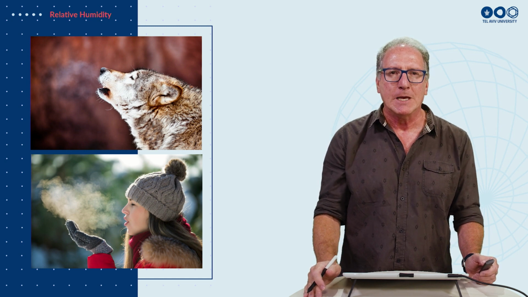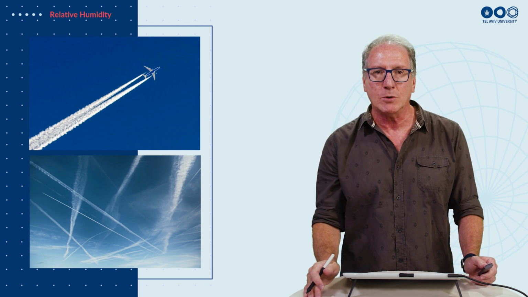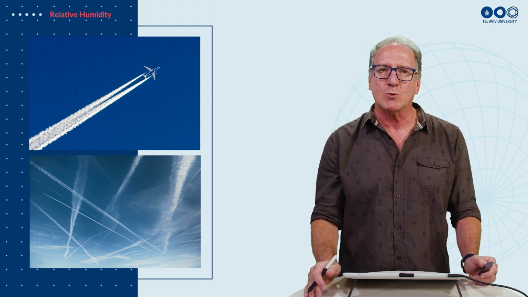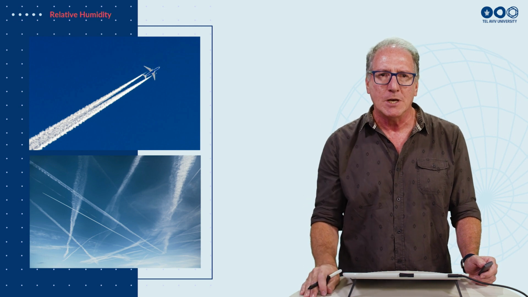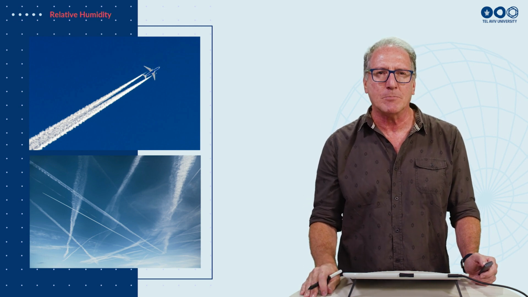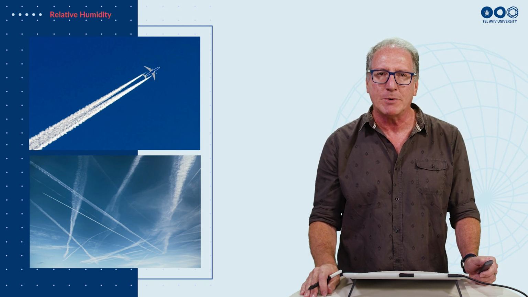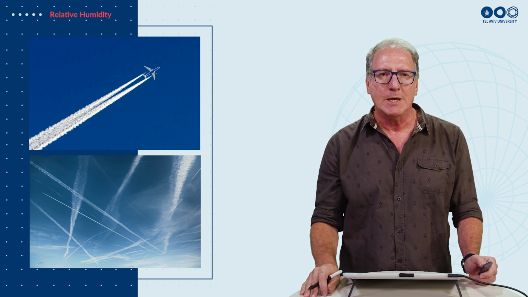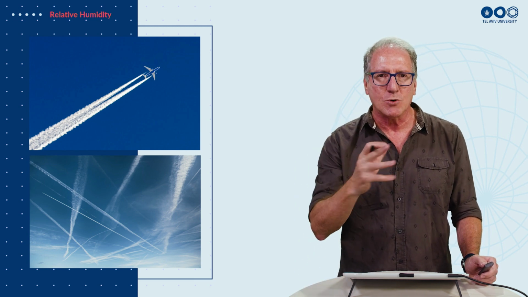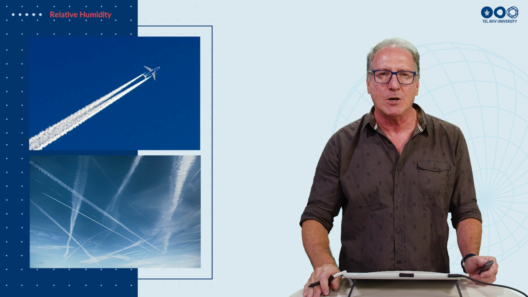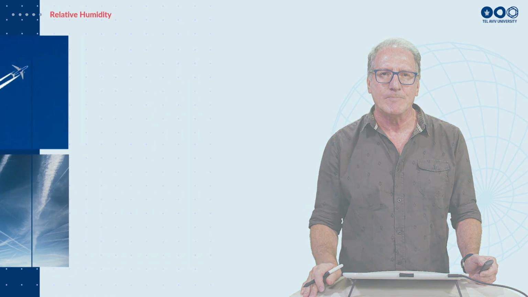Another example are planes which fly up high where it's really cold. And so, again, you don't need too much water vapor for this to condense. What we call contrails. Contrails are condensation trails from planes. These are actually ice crystals. It's so cold up there that we don't have droplets forming. We have ice crystals forming. And it's the same way we're adding lots of water vapor from the exhausts of the plane to the atmosphere. It's very cold, so immediately these condense into ice crystals.